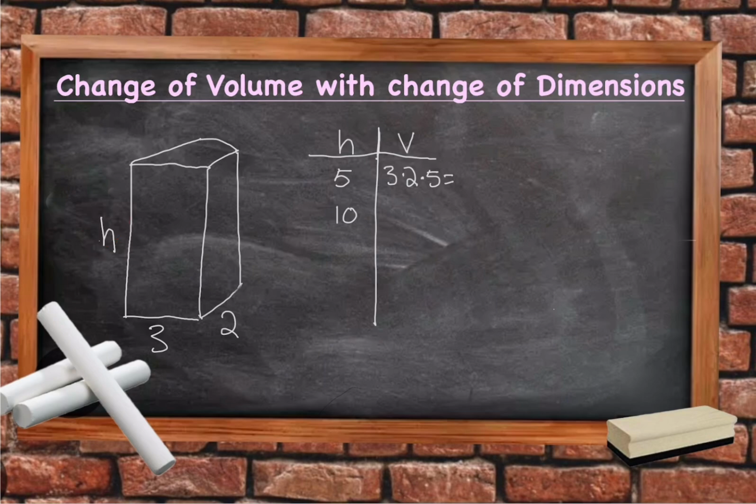We do not know that. And I have a chart over here showing, if we change one of the dimensions, we're going to see what happens to the volume. Okay? Let's start. So let's see, if our height is 5,